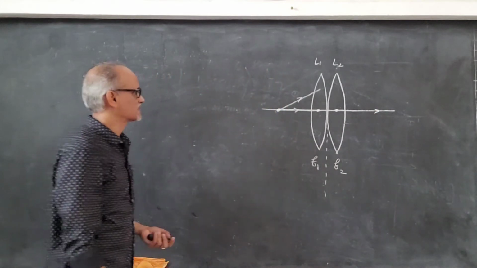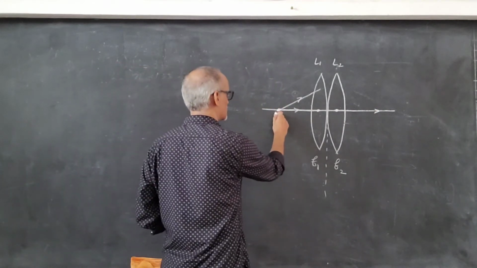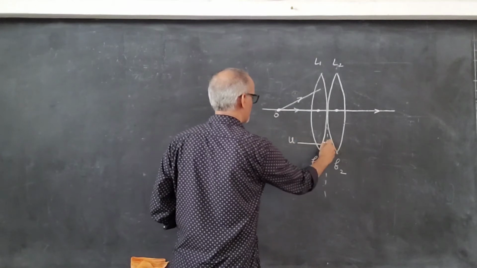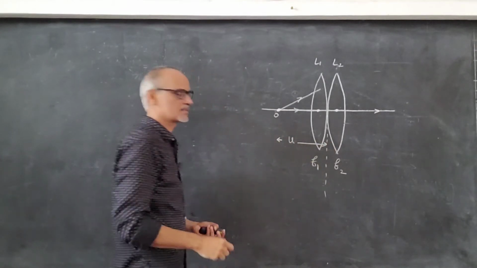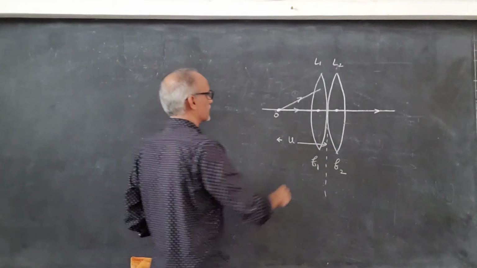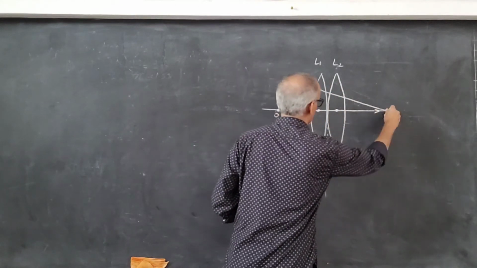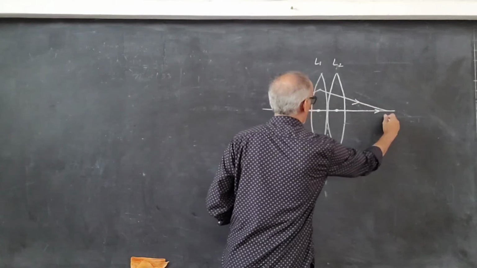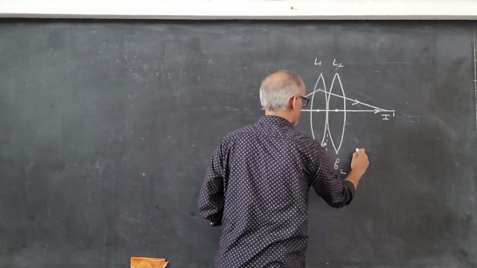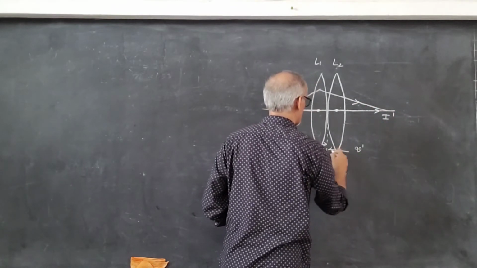In the absence of the second lens, another ray I am going to consider. This object is at a distance u, and it undergoes refraction because there is no second lens. It undergoes refraction and it forms an image I dash at a distance